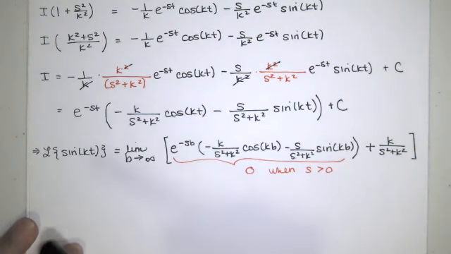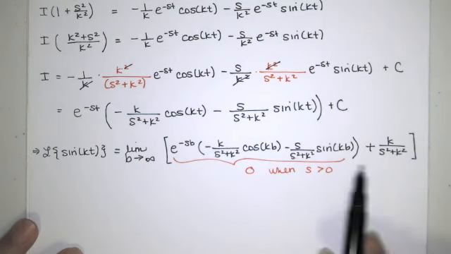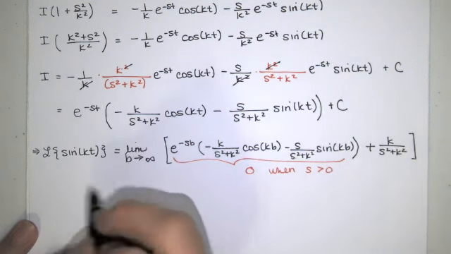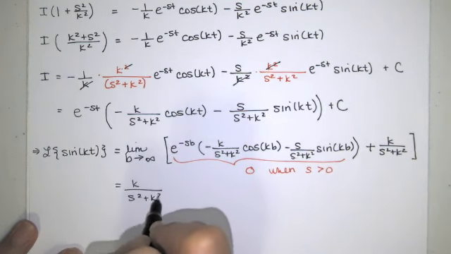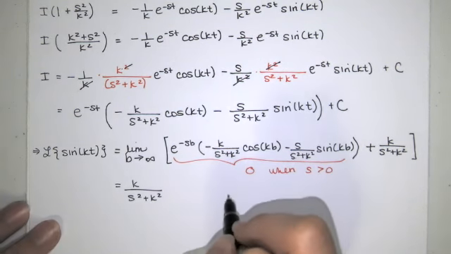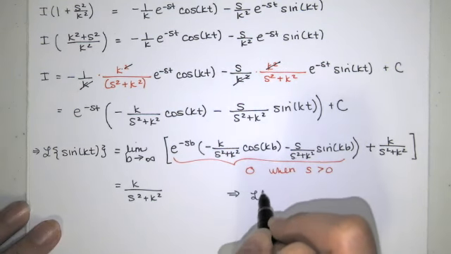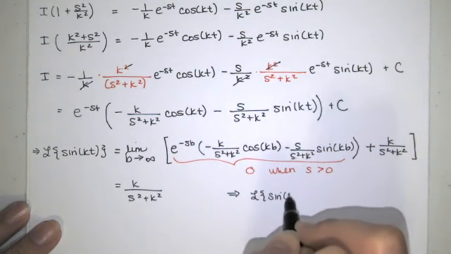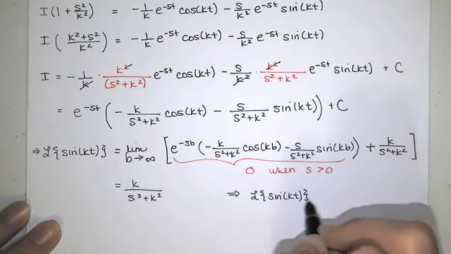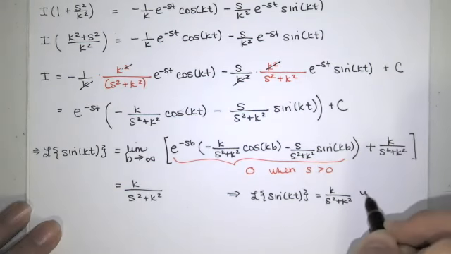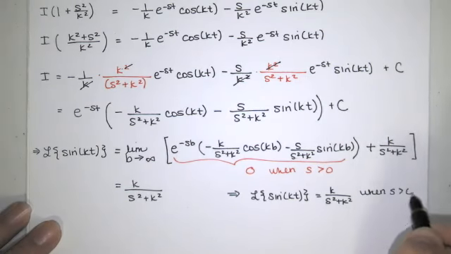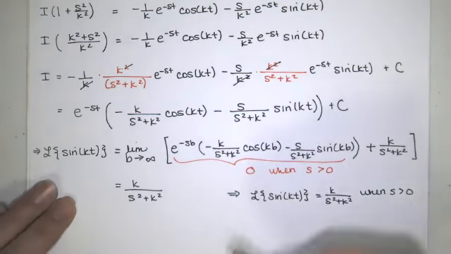So we have that the Laplace transform of sine of kt is equal to this limit, which is equal to k over s squared plus k squared. So we have that limit, or that Laplace transform. The Laplace transform of sine of kt is k over s squared plus k squared when s is greater than 0. And I want to show you